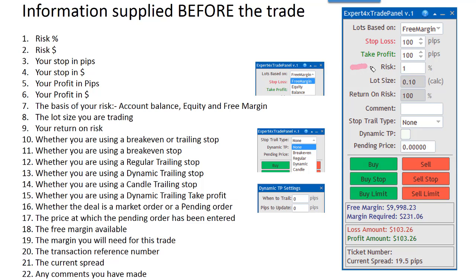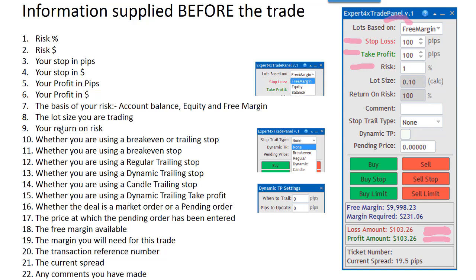You'll see the risk percentage over here, but you'll also see the risk in dollars over here. You'll see the stop in pips, and you'll also see the risk down at the bottom in dollars. You'll see your profit in pips, and there's the profit in pips, and at the bottom here you see it in dollars. You will see the basis of your risk, which is over here,